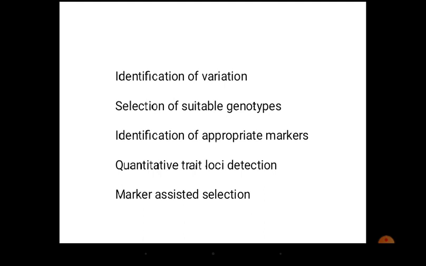Among the 20 loci, each locus will again have many alleles. It can have 3 or 4 or 5 alleles, even more than that. So if we say each locus has 4 alleles, into 20, it will be 80 alleles possible for milk production itself. I am giving you just a very simple example.